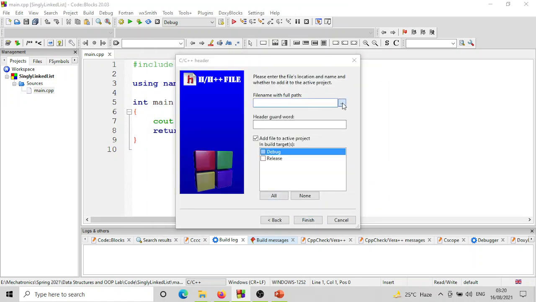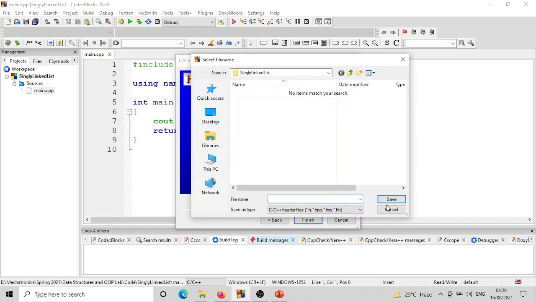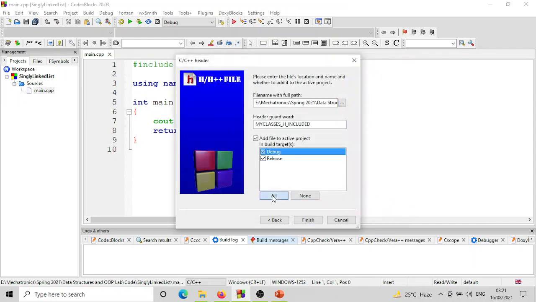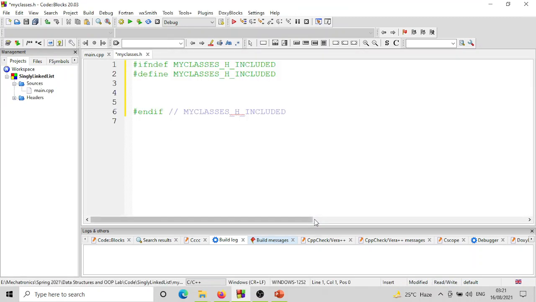So let us browse, and let us save it as my classes. This would be our header file. Include it in all the releases of the project. Finish. Okay, so the first thing that we need to do is create or declare our node